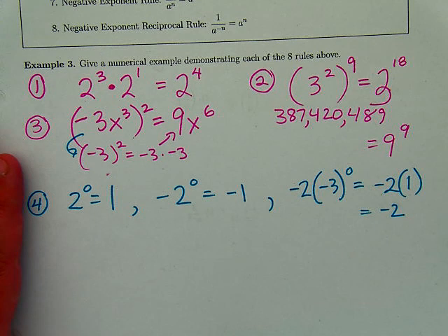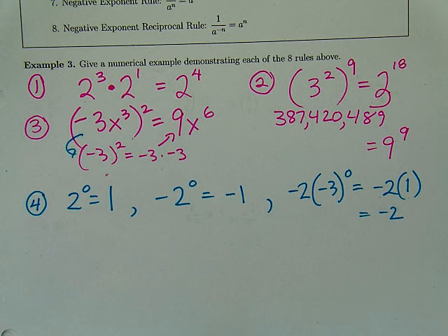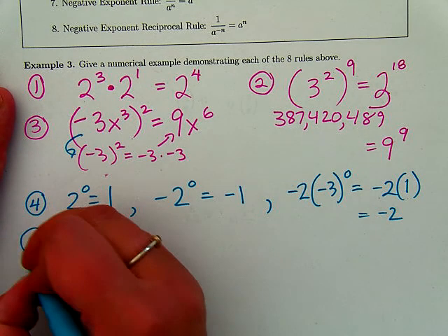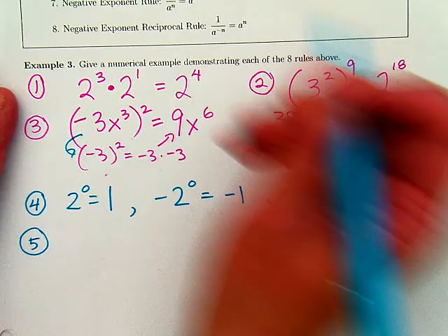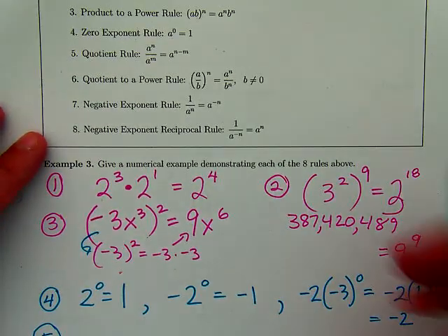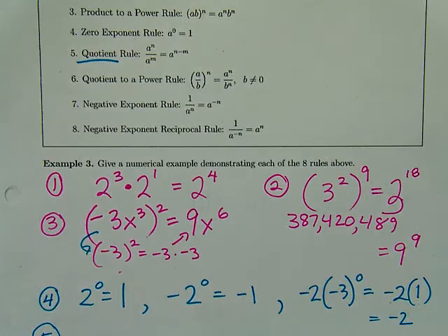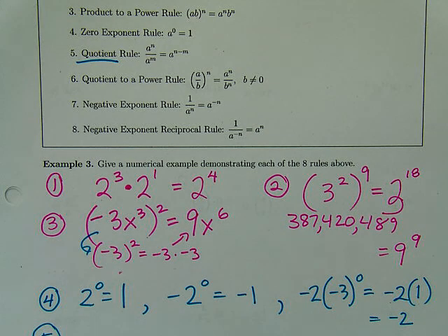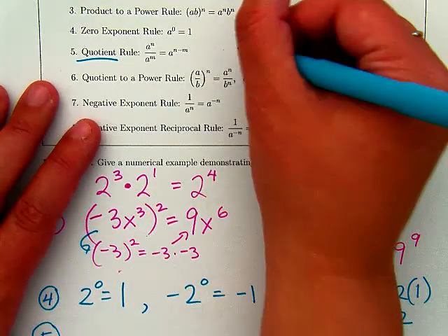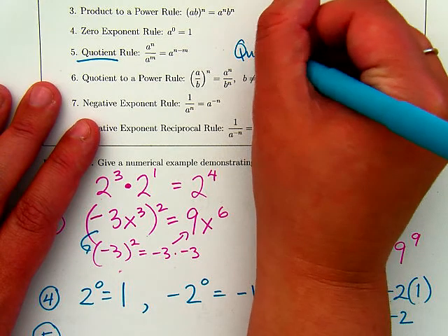Okay, let's actually prove why this rule works right now. So what if I did it this way? This is for number 5, we're going to talk about the quotient rule. Does anybody know what quotient means? Product means multiply. Quotient means, yes, it's the answer to a division problem. Quotient,